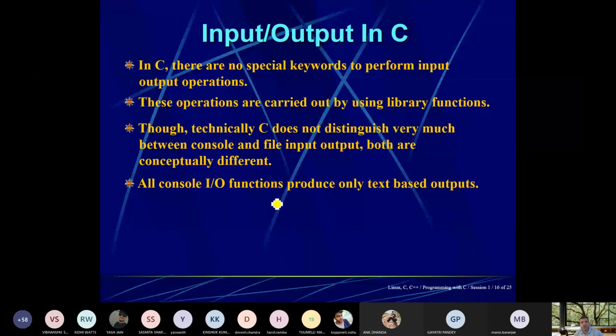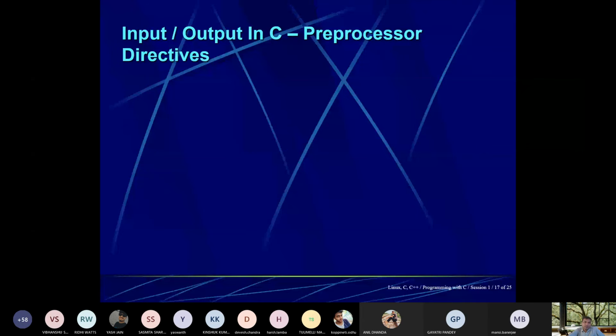However, most compilers include screen control and graphical functions in their libraries. So these are 4th generation compilers. These functions apply to that specific environment under which the compiler operates.